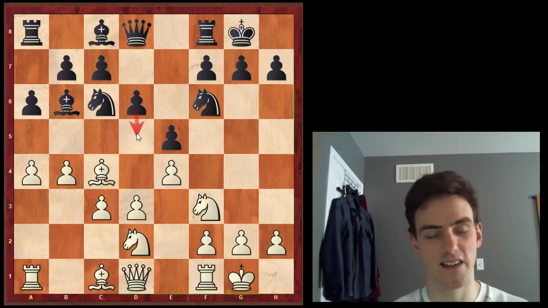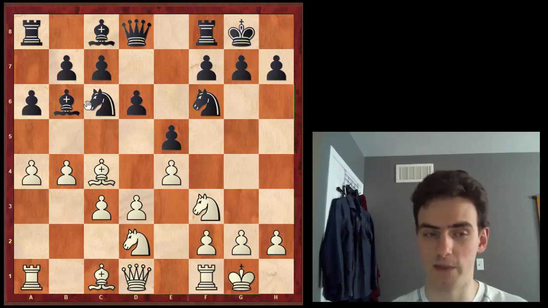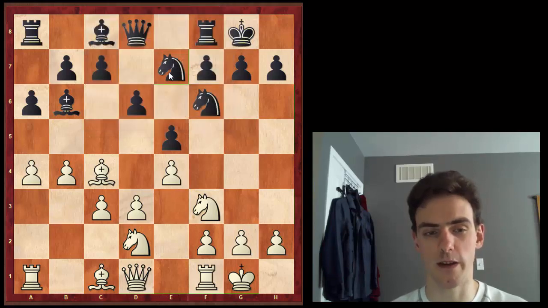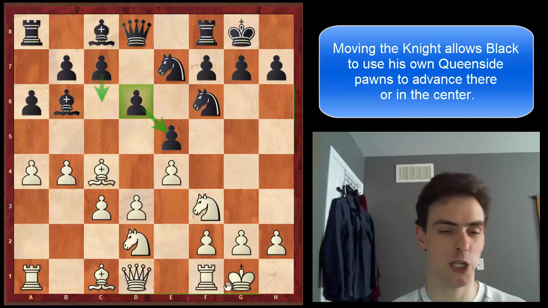Aha! d5 is often black's main idea. And in order to get that, there's a very typical maneuver that black will usually do in this type of position, where he'll move this knight away. Notice how the d6 pawn is here, which defends this pawn. So the knight is free to move. And by moving the knight, this now frees this pawn. So that way, actually, let me just